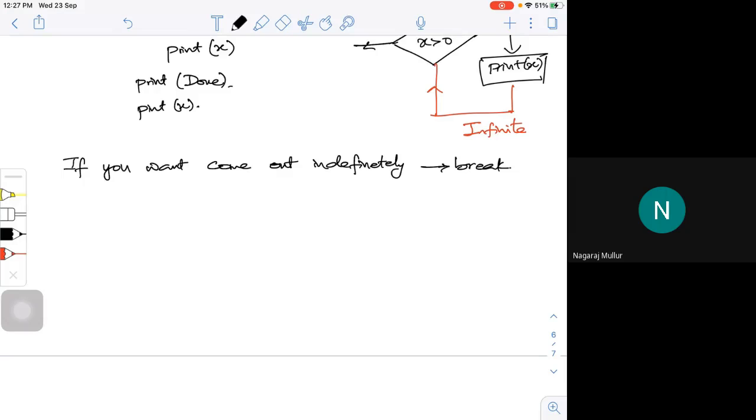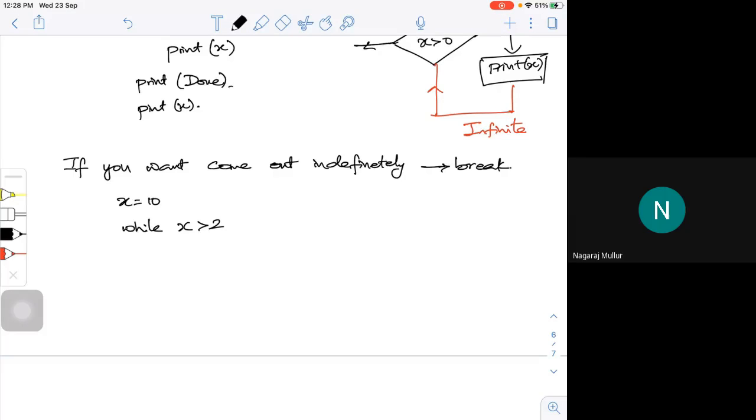Say, for example, if a loop tests the condition, let me take the previous example. Let x be 10. I'm going to check while x is greater than 2. Fine.